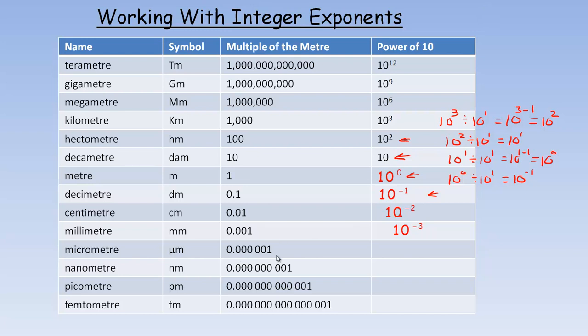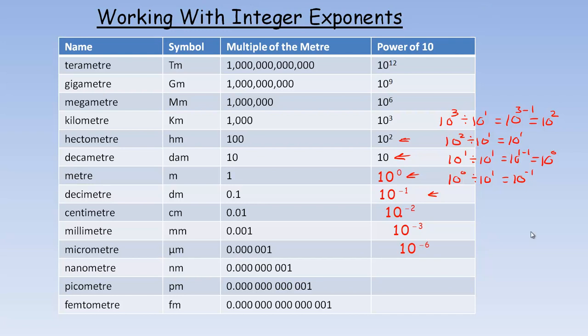Okay, so this one here, notice there's 1, 2, 3. I skipped a few here. So 1, 2, 3, 4, 5, 6. Micro is not the next one, like right after milli. You would get 10 to the power of negative 6 because there's 6 decimal places between the decimal and